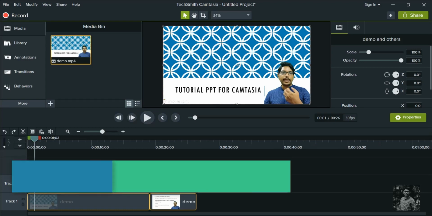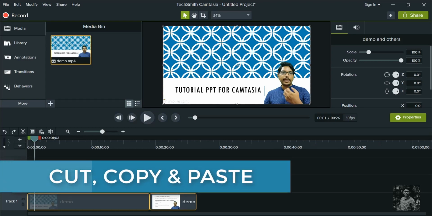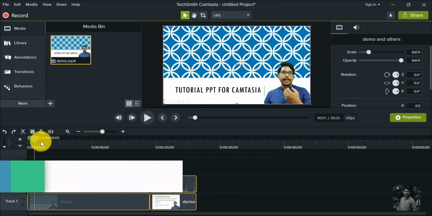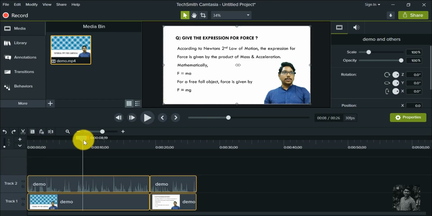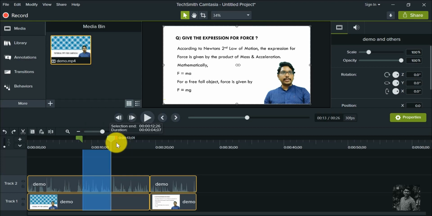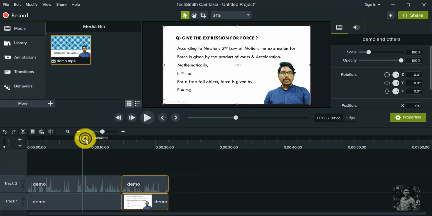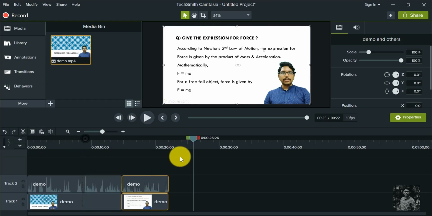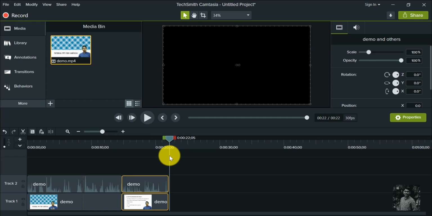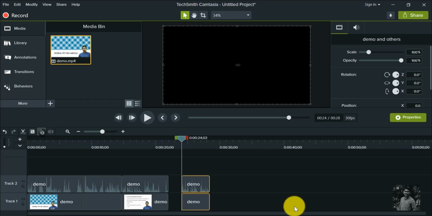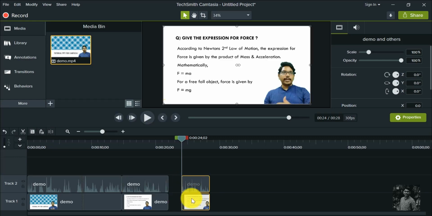The next one is if I want to cut and paste something, or if I want to copy something and paste it somewhere else. To do so, I need to go to that specific location. I need to choose the track that needs to be cut. Okay. Here you will have a cut option. Click that and position the slider at the location where you need to paste it. For example, I want to paste somewhere here. Just position the slider there and click on paste. Done. Okay, now the entities got pasted.